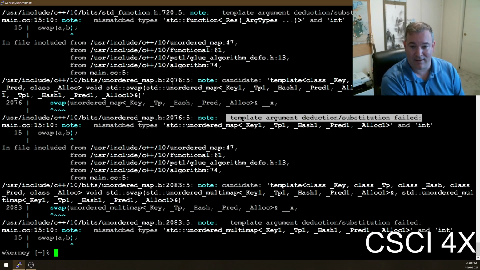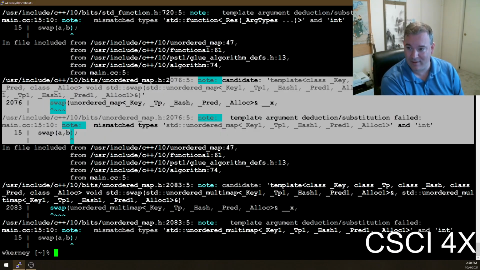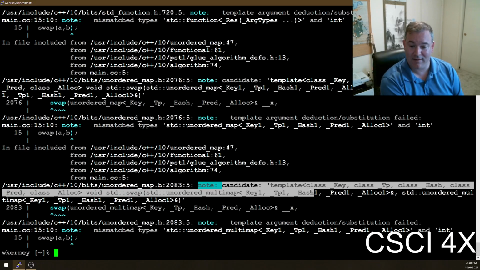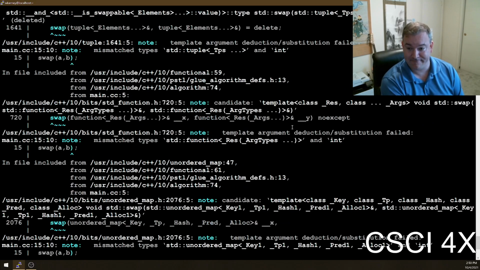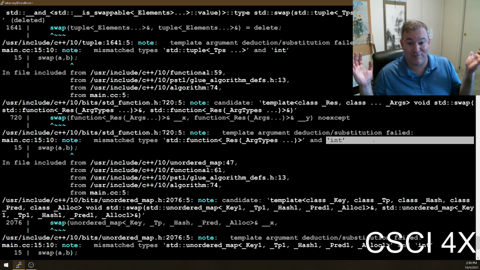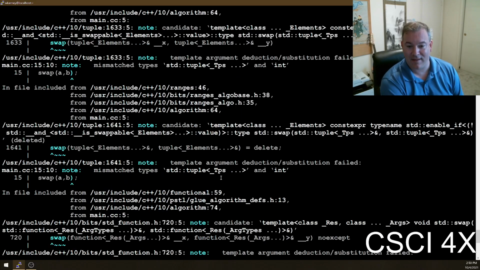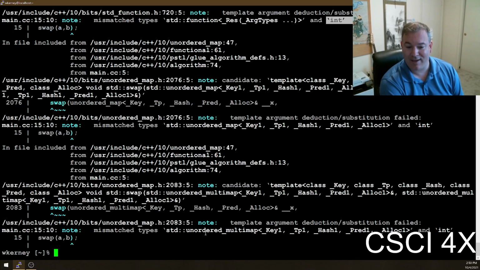And so it tried that. It tried switching a hash table and an integer, and it didn't work. Then it tried switching another kind of hash table, and that didn't work either. And if we come up here, it tried switching between a function and an integer. Guess what? Functions and integers can't be switched either. Who knew that? I did. Everybody with brains knew that you can't swap an integer and a function because it makes literally no sense. And it's telling you all of these things that it was trying that you can't do.